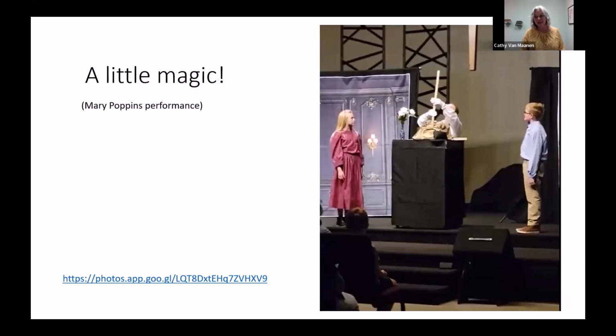So it's just a box that a dad built and put some casters on the bottom, but there's a trap door in the top. So when the table's moved out on stage, it looks like a flat top table, but the purse, which was put together by a seamstress friend of mine, has a false bottom. So when Mary Poppins sets her purse on top of the table, there's a little boy inside there that opens